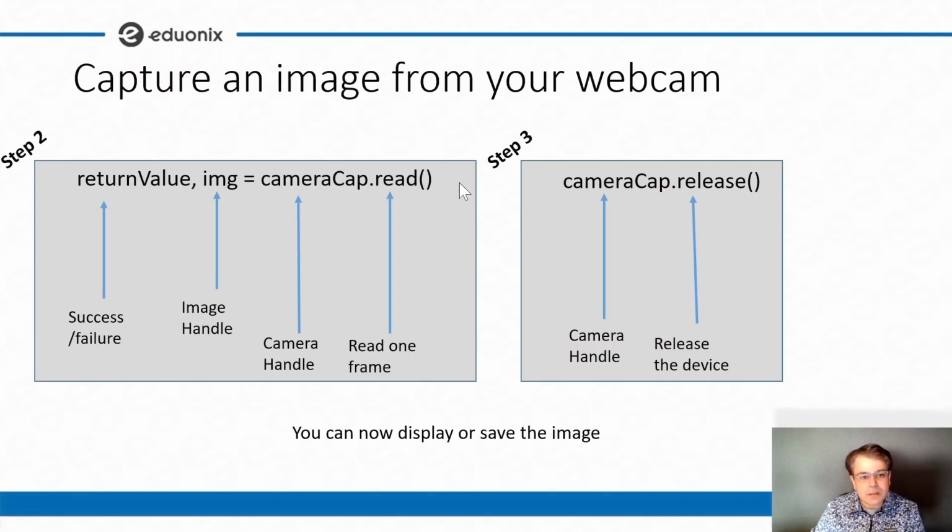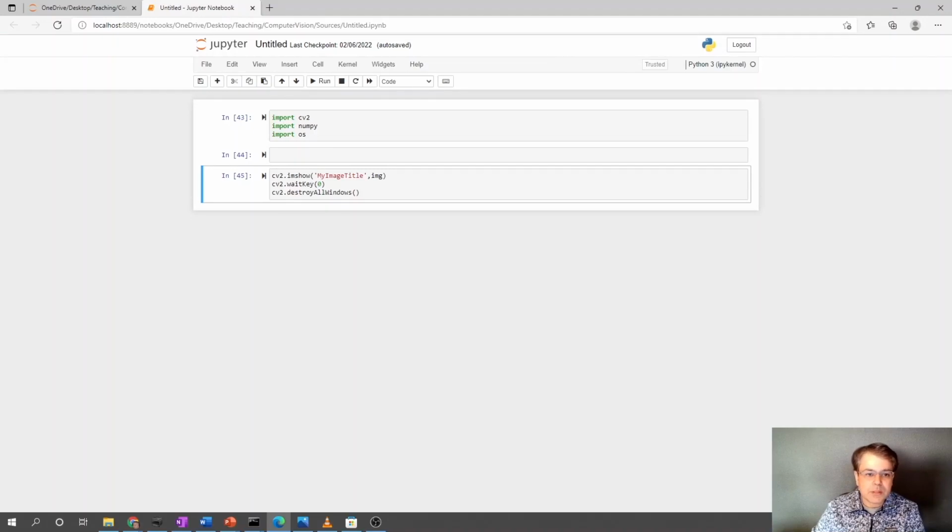So here we have our Jupyter Notebook. This notebook already has some code that we used in the previous subsections. Importantly, it has all the imports that we need for OpenCV, for NumPy, and for the operating system. It also has the code that I did not delete from the previous subsection on how to show an image. Since this code is pretty much the same, I didn't want to write it again and again, so I'm going to keep this cell. And between these two, I'm going to try and open my camera device and capture a